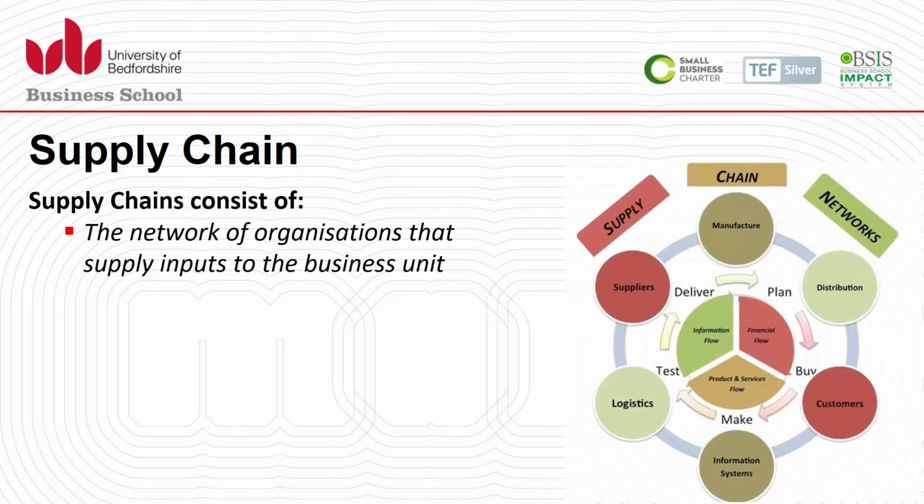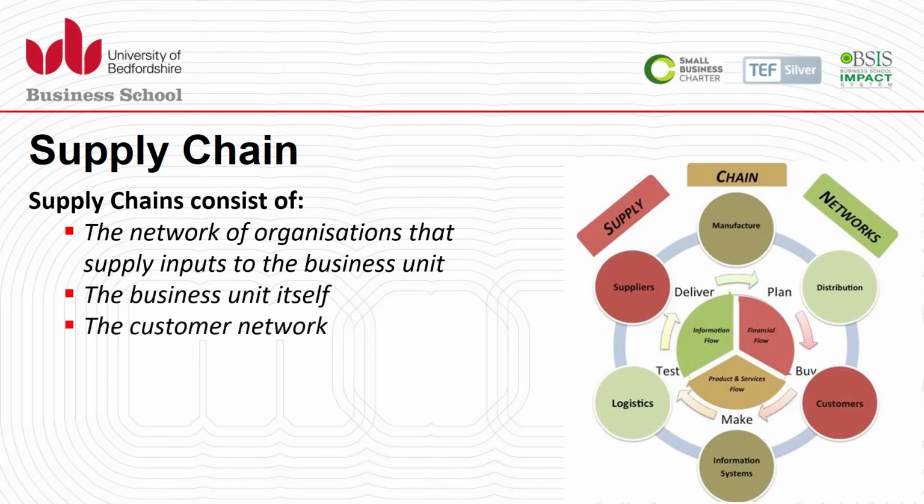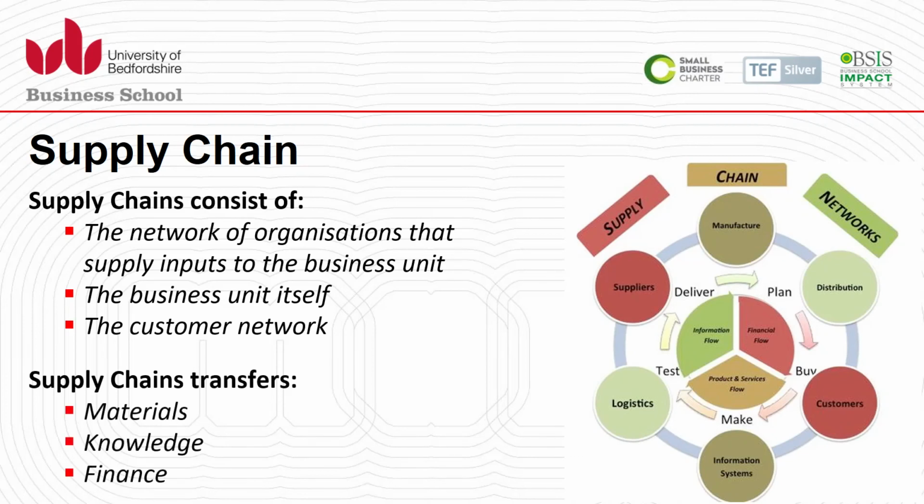So supply chain management consists of the network of organizations or different suppliers. They supply input to the business unit. So it is the network of the supply chain where we can see the logistics, the customer as a component of this system, information systems, suppliers, distribution, and manufacturing. It is quite important to make sure that the business unit itself is part of the system. Consumers or customers are part of the network, and the supply chain can transfer material that is tangible, but also knowledge and information that are intangible,